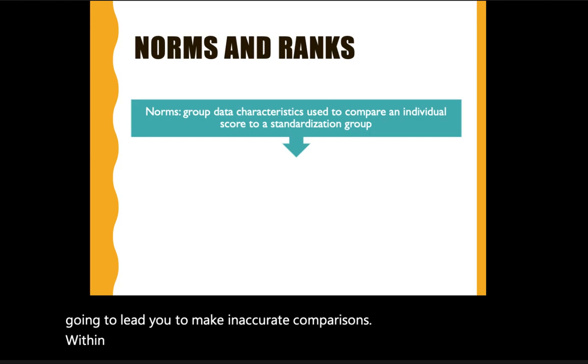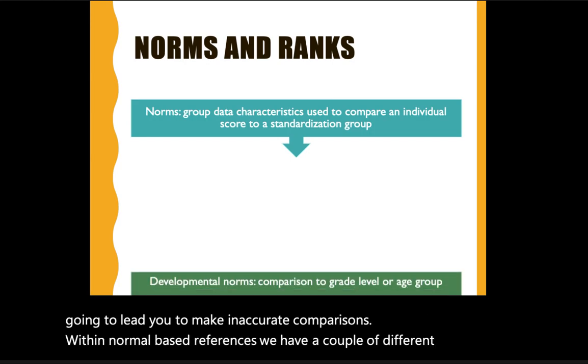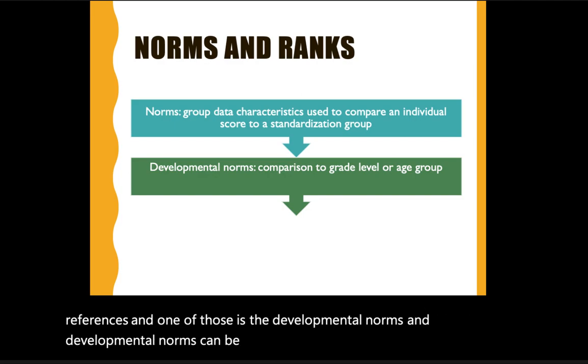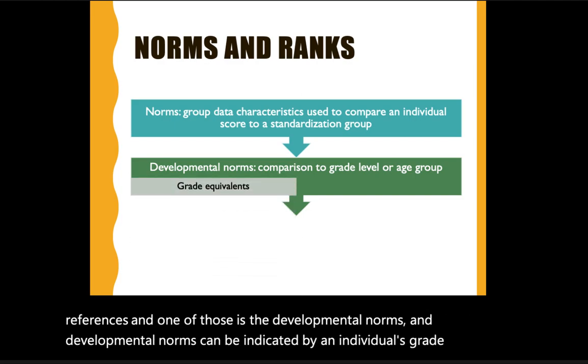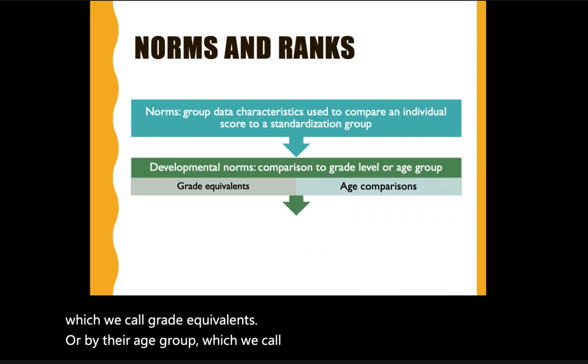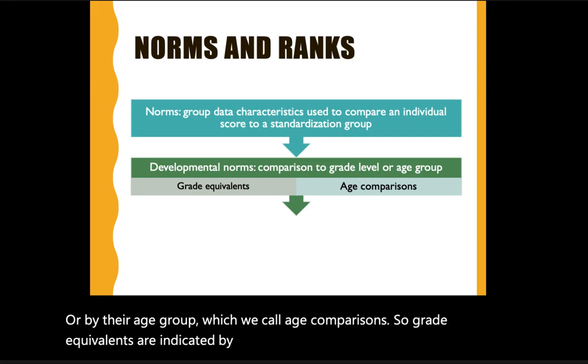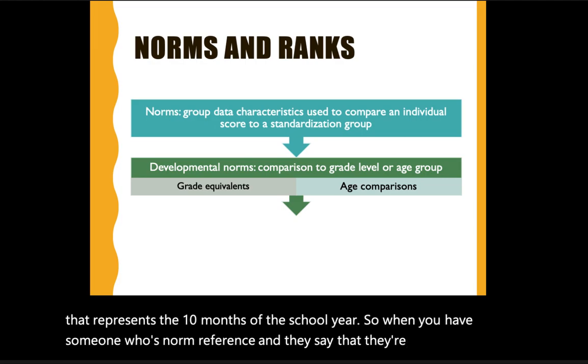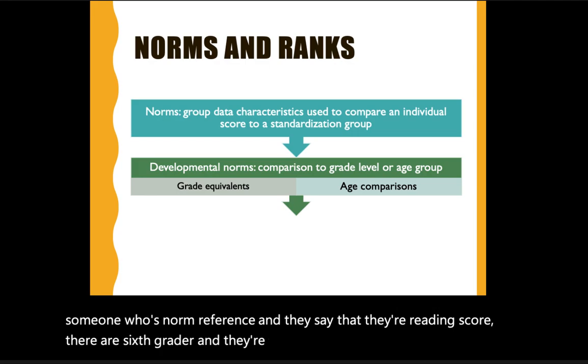Within norm-based references, we have a couple of different types of references. And one of those is the developmental norms. And developmental norms can be indicated by an individual's grade level, which we call grade equivalence, or by their age group, which we call age comparisons. So grade equivalents are indicated by the grade level followed by a decimal point that represents the 10 months of the school year. So when you have someone who's norm reference and they say that their reading score, they're a 6th grader and their reading score is 9.3,